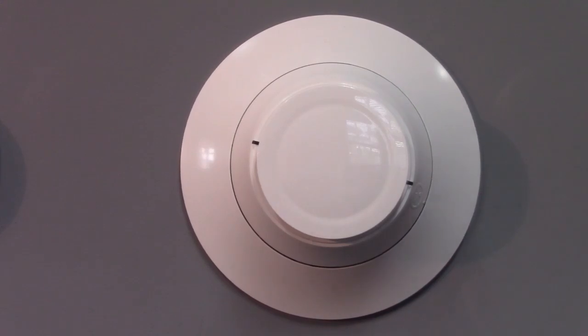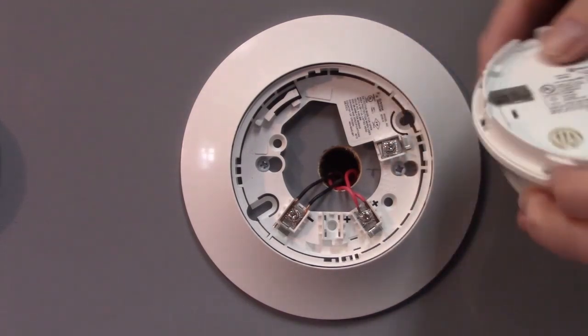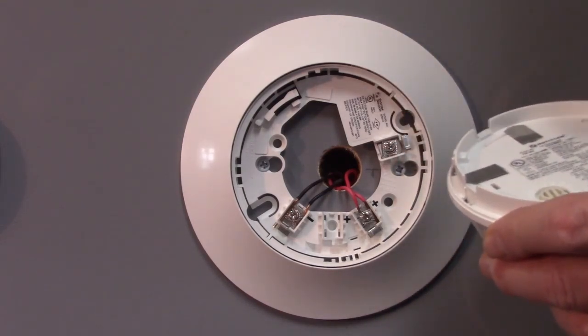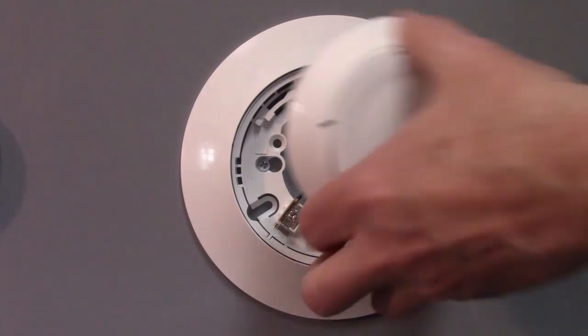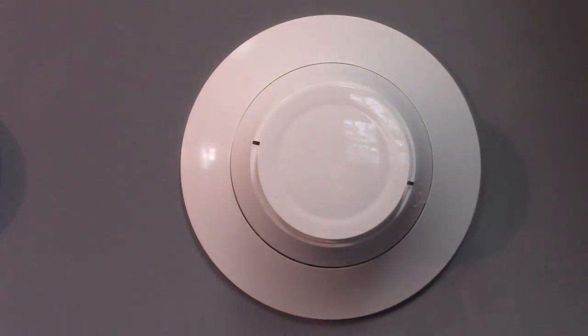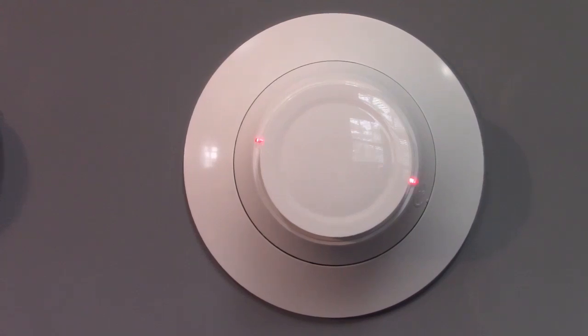The same sort of thing can occur with a sensor. So if we remove a sensor, set the dials to 0, and reinstall it, after correcting the dial settings, the panel will initialize because now it's found the device again, and once it's done, the panel will return to normal. The panel's interrogating this detector right now because it's still initializing, and now it's done, and the system has returned